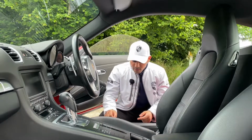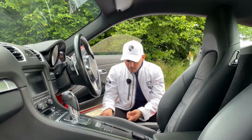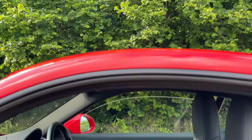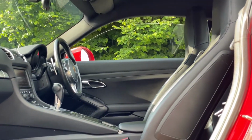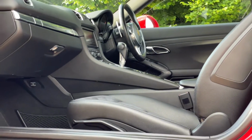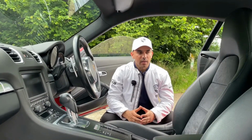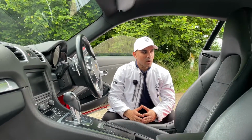But one thing I don't want to forget talking about is not the front or the rear boot, it's actually the amount of space that you have in the inside cabin. A lot of taller customers say, will I fit in it? Yes, you will. I've got a colleague of mine that is 6'2", and he's actually quite a big lad